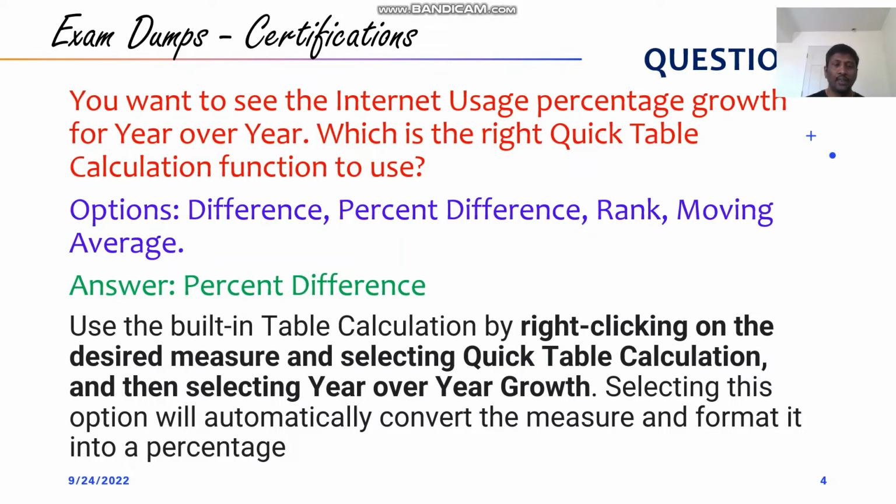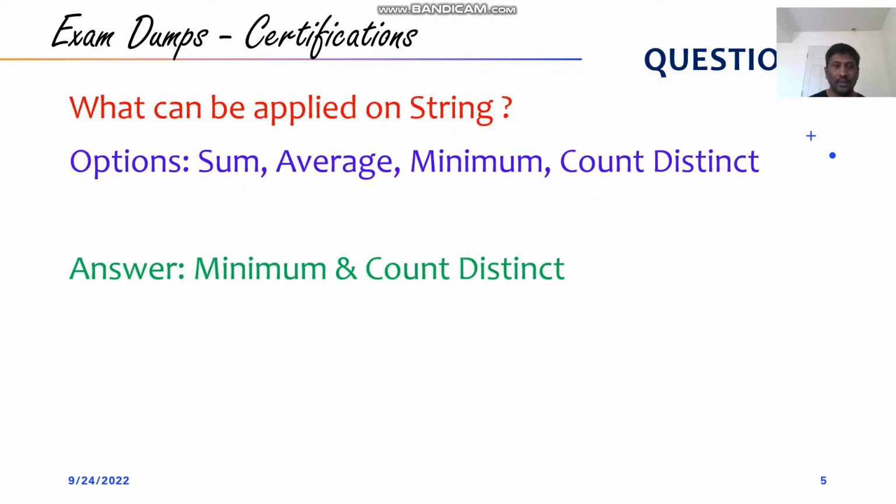Use the built-in table calculation. Right click on the desired measure, select quick table calculations and then select year over year growth. Selecting this automatically converts the measure format into a percentage. So you have to create a calculation year over year, and then it gives you a number. To make it a percentage, this is the quick table calculation that you are going to use. The next question,